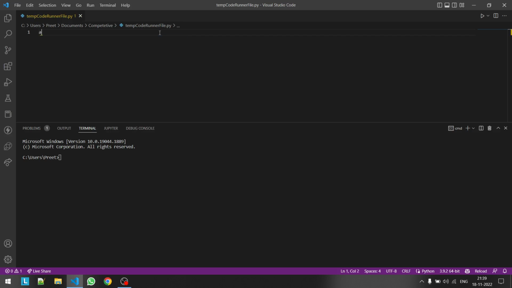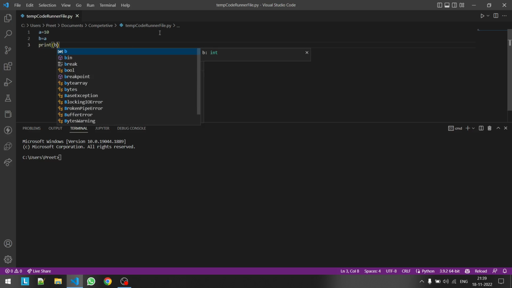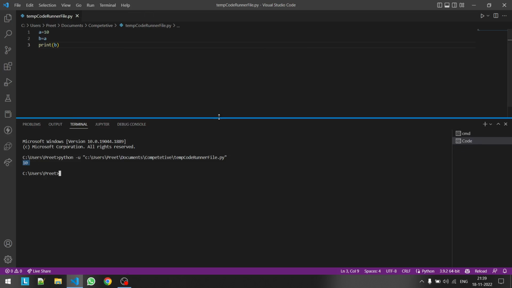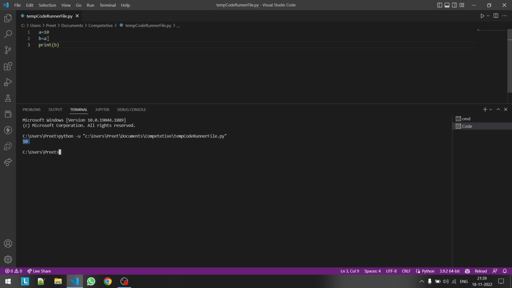So here, A is 10. Then if I say B equals A, and then I try to print B, it will print the value 10, which it got from A. Basic stuff, right? And even if I change B to something else, say 20,